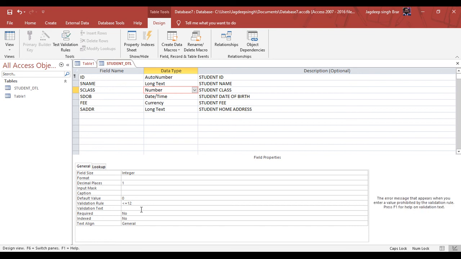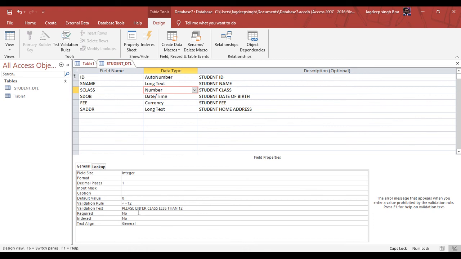If the person by mistake enters a value greater than 12, you can show validation text like an error message: Please enter class less than 12.